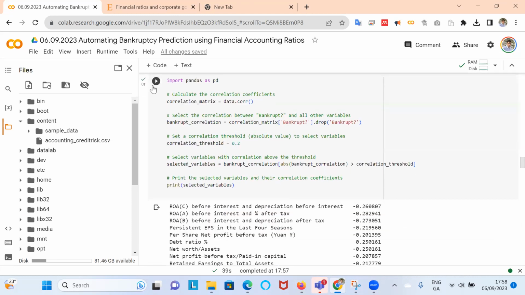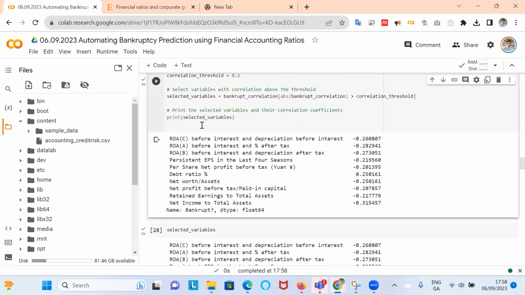Maybe there's a way we could, in a very low-tech way, select out from the 95 financial ratios those ratios that have a correlation in excess of 0.1 with bankruptcy and print them out. And when we do that, we can see the profits seem to be highly negatively correlated.